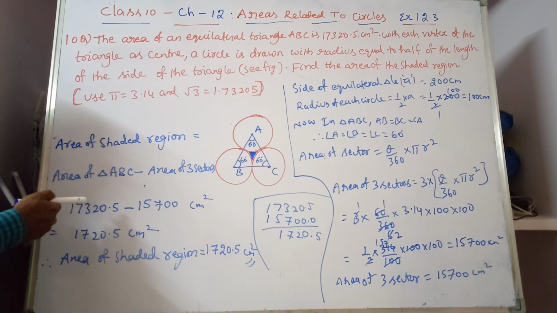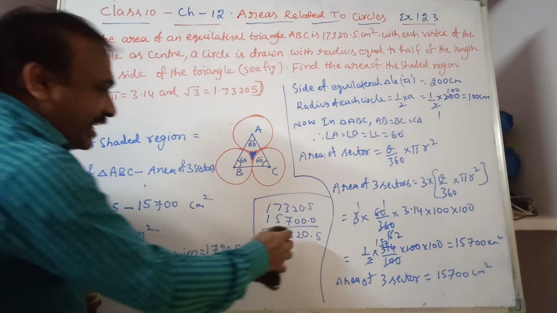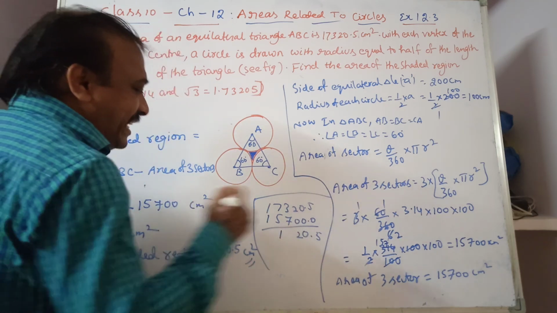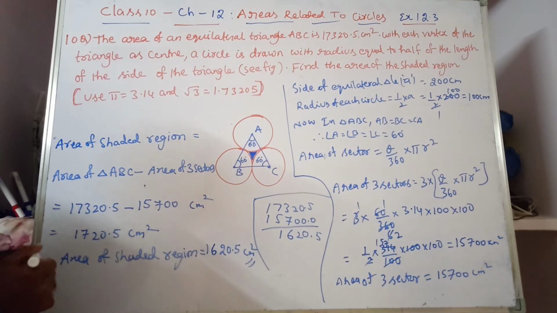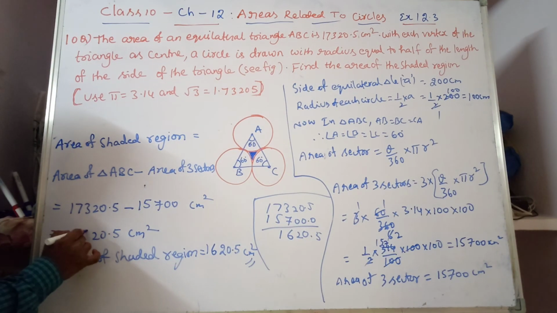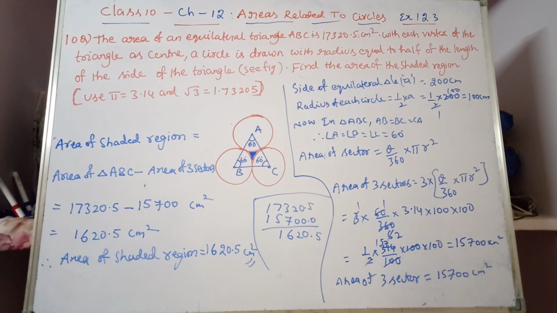Is it clear, students? Right. Sorry, here 13 minus 7 is how much? 13 minus 7 is 6, and here 13 minus 7 is 6. So 1620 point, very sorry. So 13 minus 7 is 6. Clear? So when we recheck, when we look back at whether the subtraction, addition, multiplication is right or wrong, then we will come to know immediately.